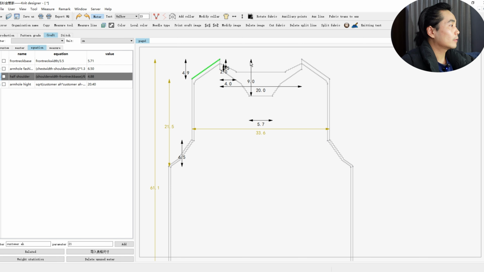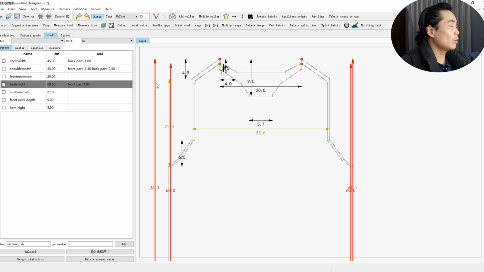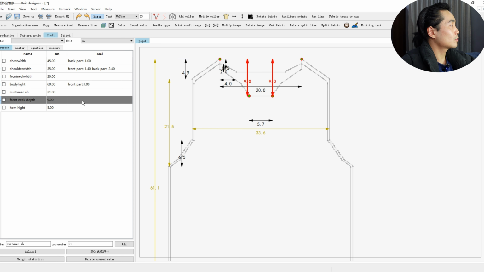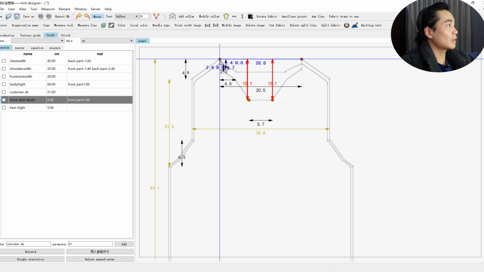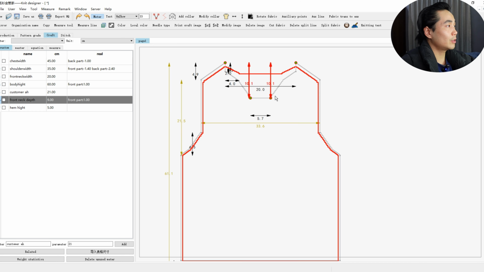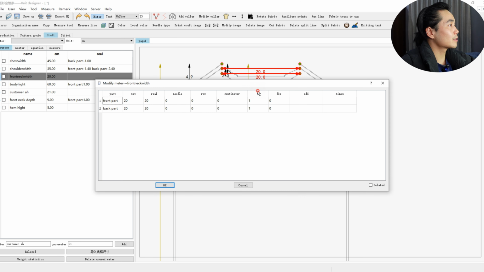Okay, ring the bell. We know the body height has been increased 1 centimeter in order to keep the seam on the back part. So the front neck base should be increased 1 centimeter as well, here, because this part is on the seam on the back side, right? And it should be increased 1 centimeter as well. One part left that should be changed is the neck width. Here, the neck width should be times the coefficient 0.96